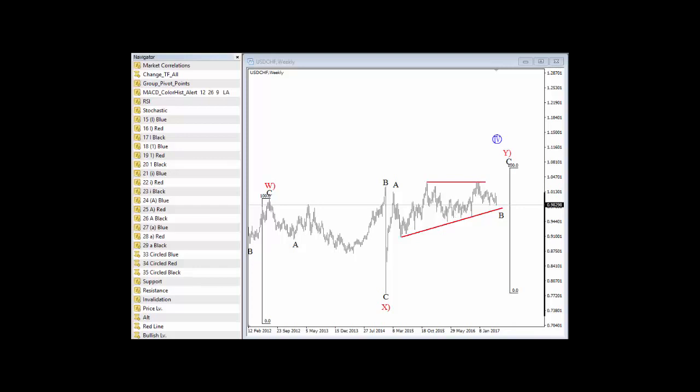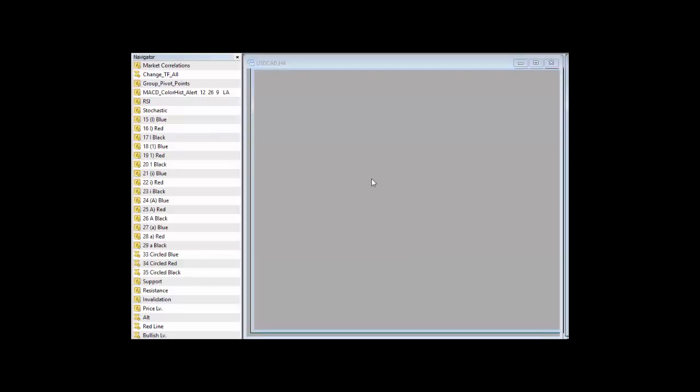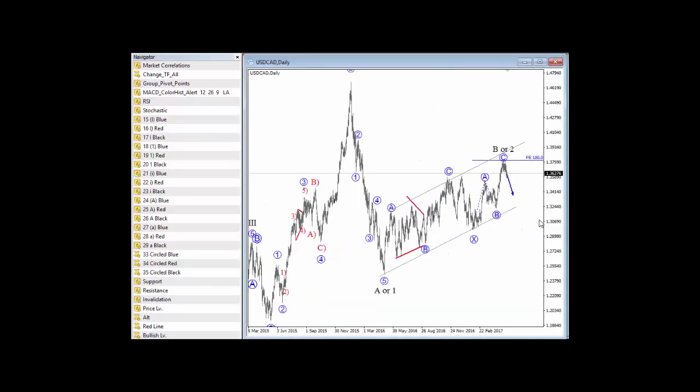Now let's take a look also on dollar CAD real quick. Dollar CAD is turning slightly to the downside from this 100% Fibonacci equality level. It can actually be a wave C reversal zone compared to wave A. Also, this is a second zigzag then of this complex corrective recovery.